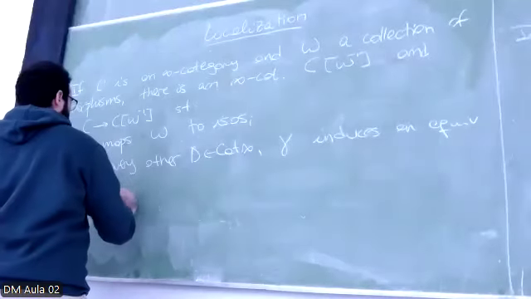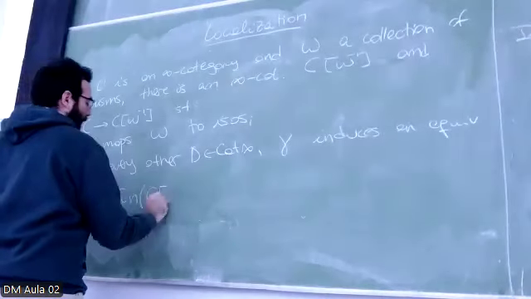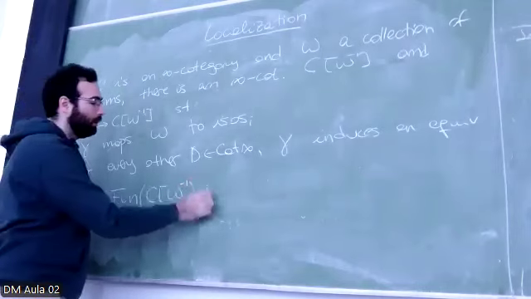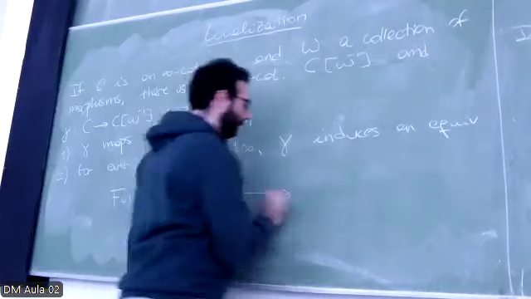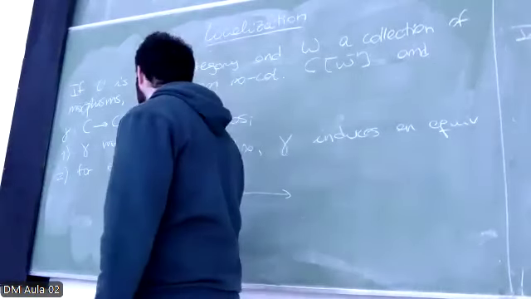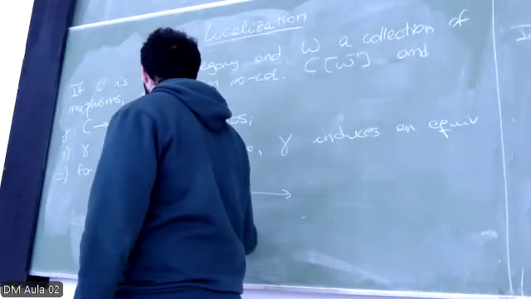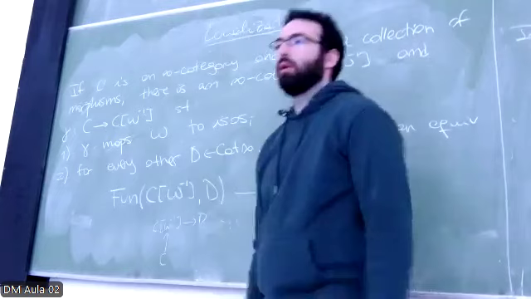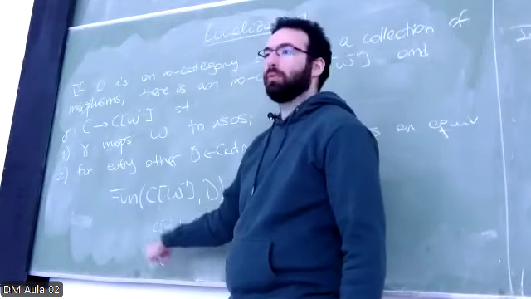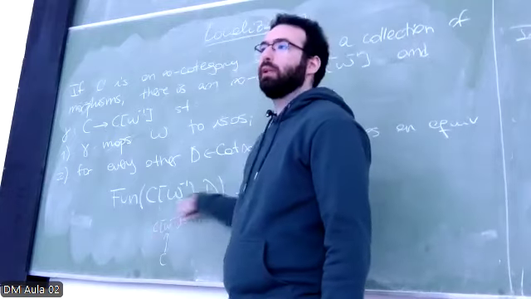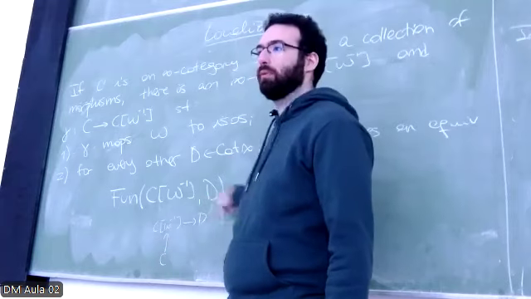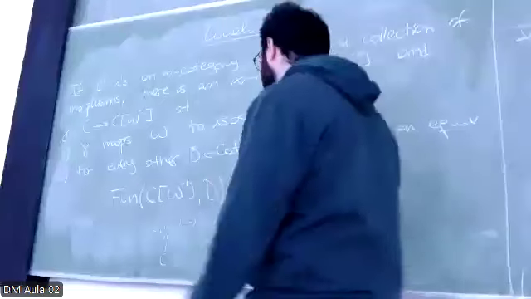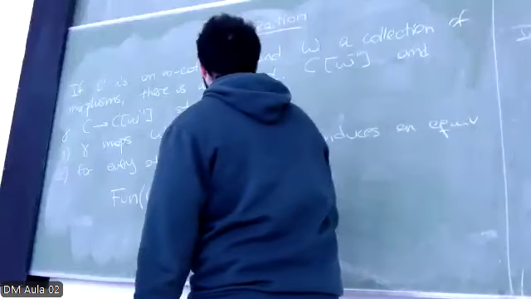So from functors from C with W inverted to D. If you have a functor like this, you can always pre-compose by gamma. Now, since the arrows in W get mapped to isomorphisms here, the composition will definitely map W to isomorphisms because functors preserve isomorphism, right? But the point is that if you pre-compose, you get an equivalence